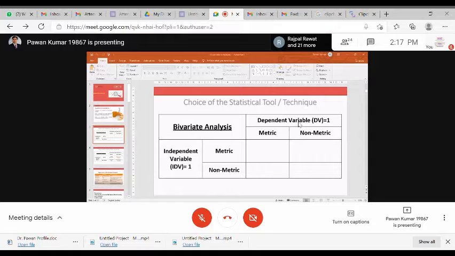Urvashi ma'am, can you hear me? My question is clear. Hello. Yes sir, your voice and your question are clear. Is my question clear to you? There should not be any communication gap. Is my communication fine? My voice modulation is clear. I think there should not be any gap.